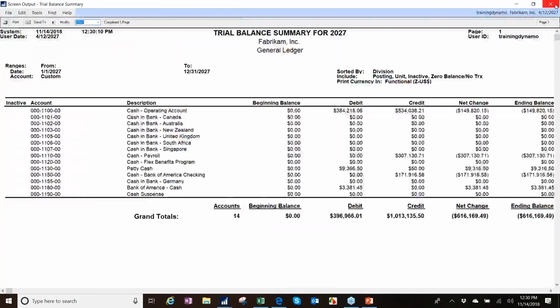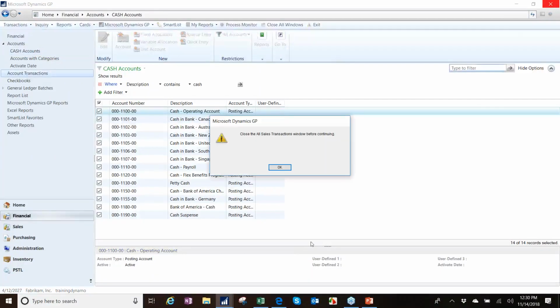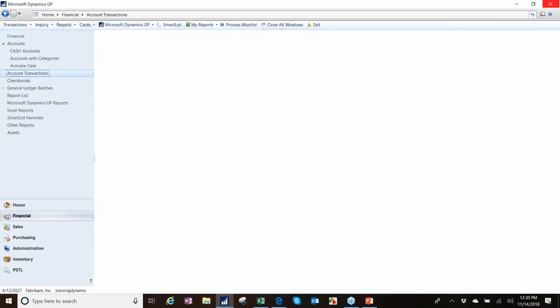of those accounts. And I could run that for all kinds of things, for meals and entertainment, for my expenses based on account range. You can run all kinds of filters. I can also jump down, oh, because I have too many windows open. Okay, so if I come back and I go into account transactions, it's